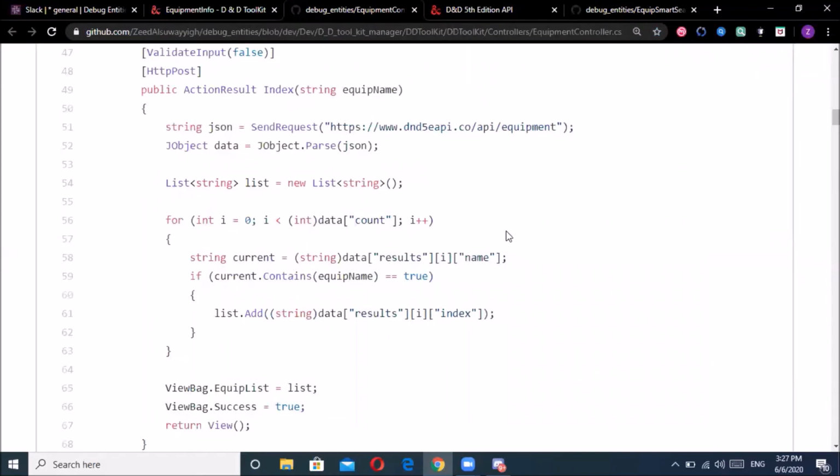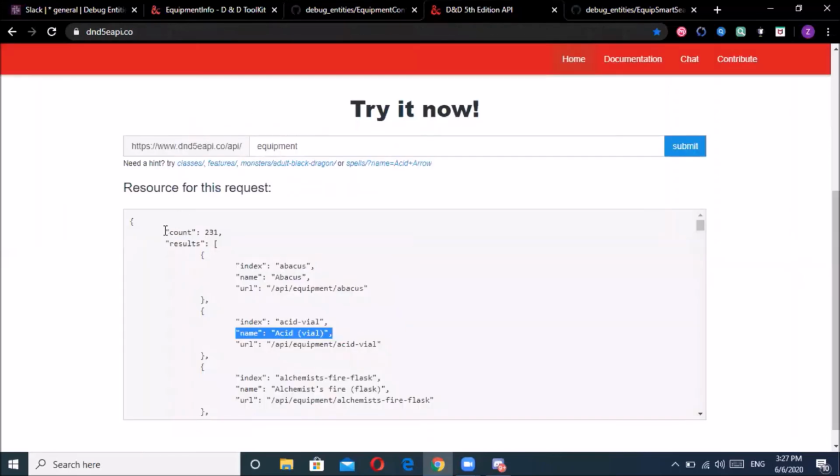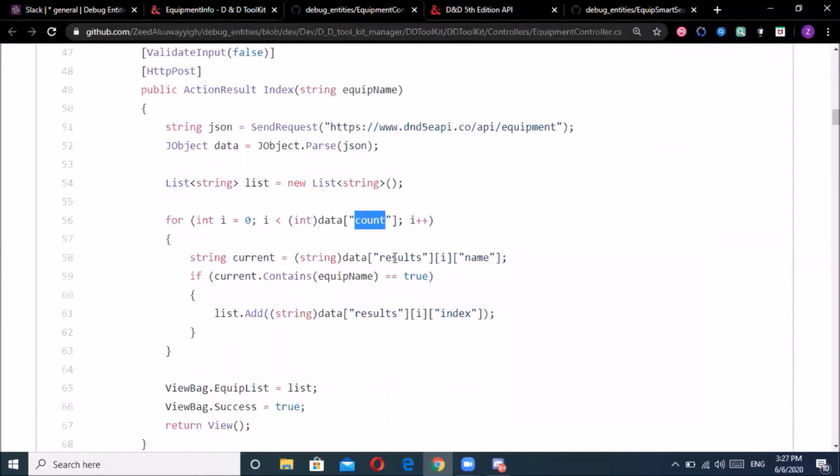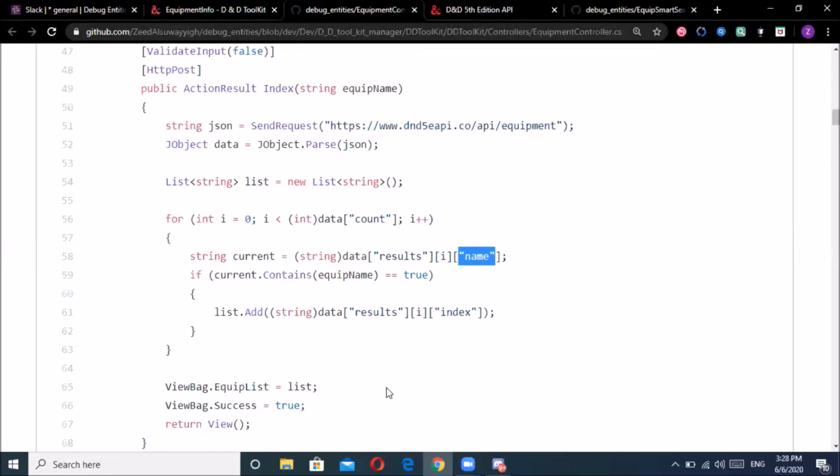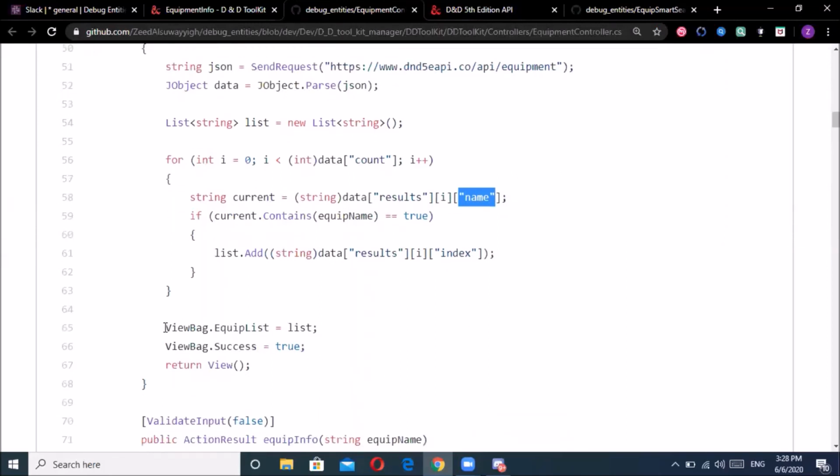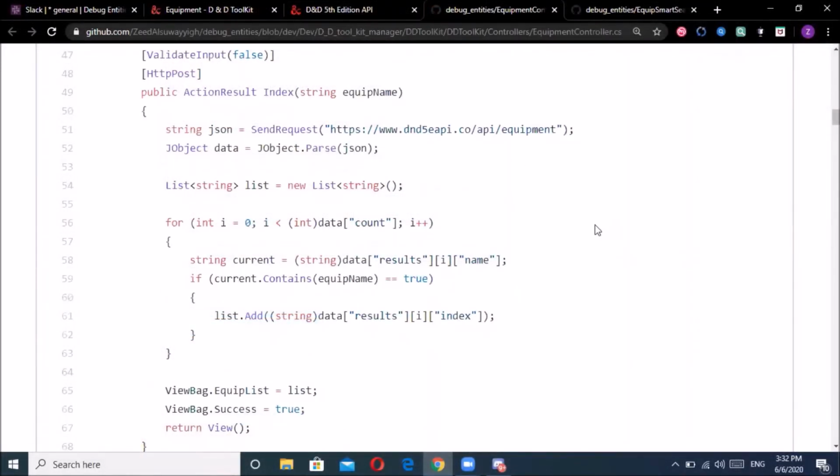So what we did here is we made a for loop, and we said, according to the count that we saw here, I want you to enter the results and grab all the names from the results. And when you do that, I want you to store it in a variable so I can view it in the view page. So after making sure that we took all the names,